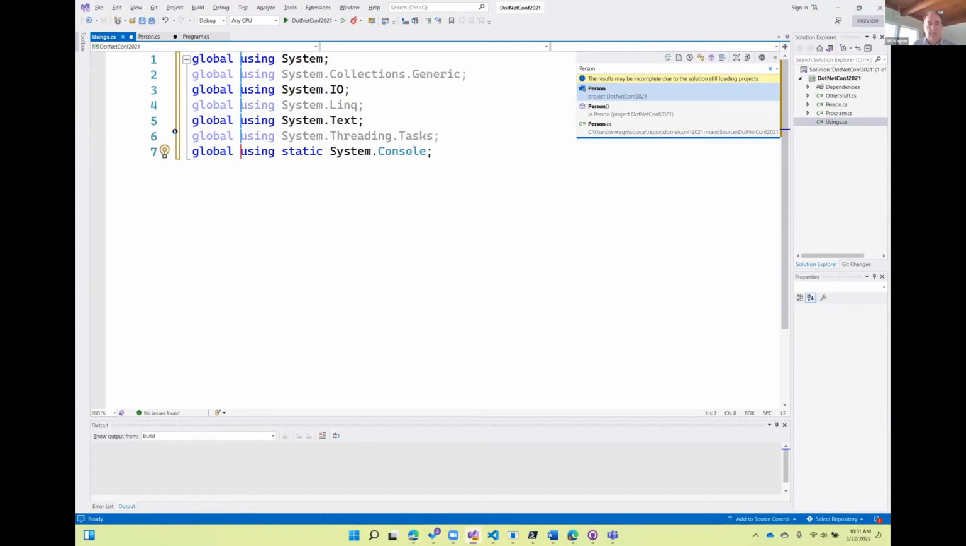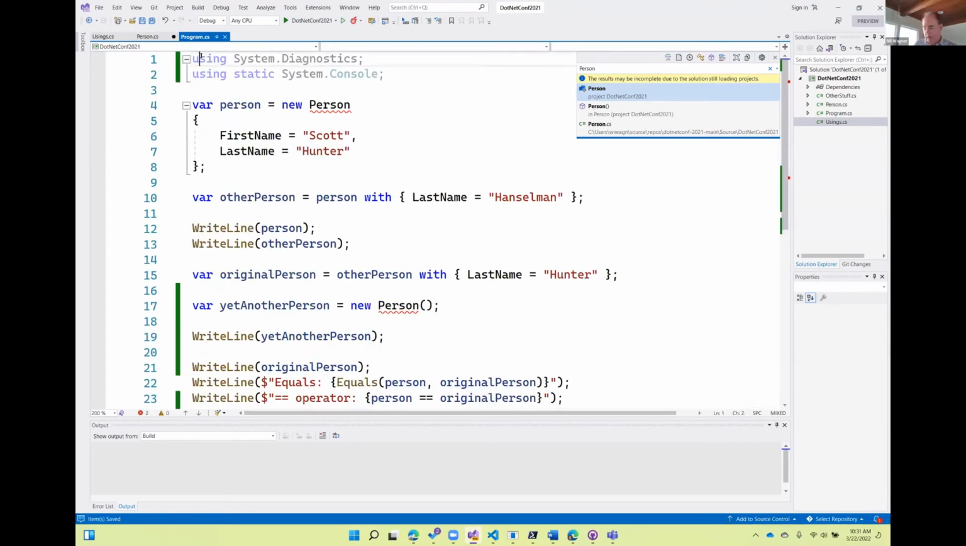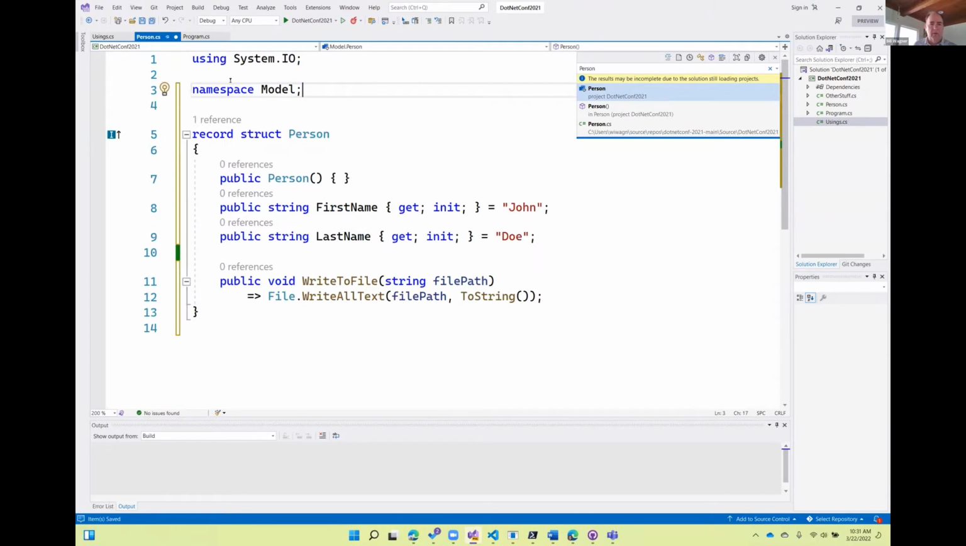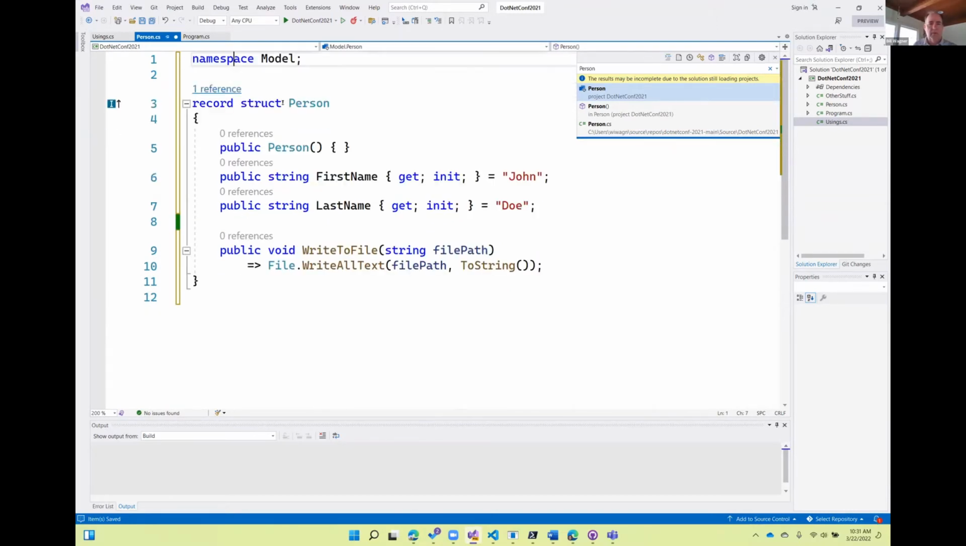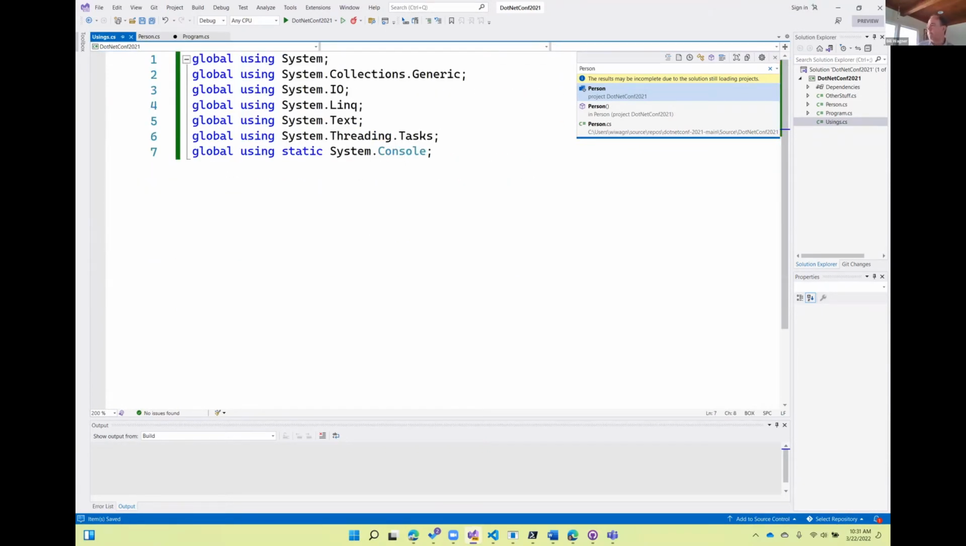So now if I save this, if I slide over into my program, I can remove any of my unnecessary usings, and we get rid of all of them there. Go into person. You do the same thing here, because they're declared globally. Nice. Perfect. All right. Now, the next thing that happens is